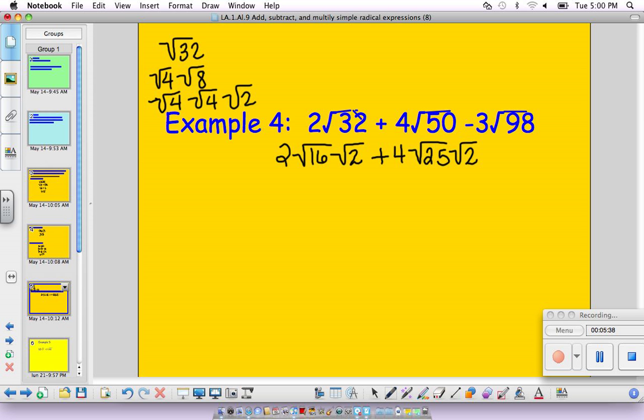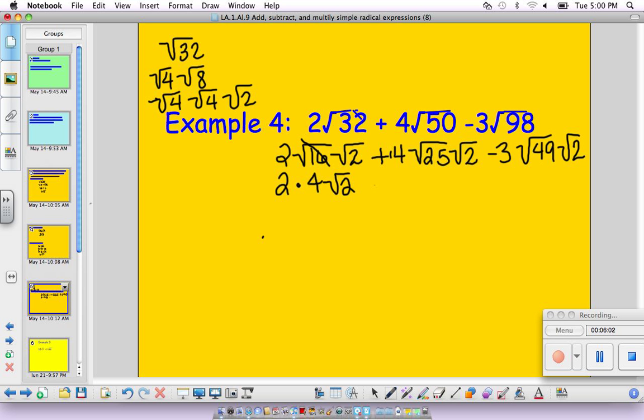minus 3. Now 98. 98 has a perfect square factor. It's 49. So this is the square root of 49 times the square root of 2. Now I'll go back and simplify. This is 2. The square root of 16 is 4, so I have times 4 times the square root of 2